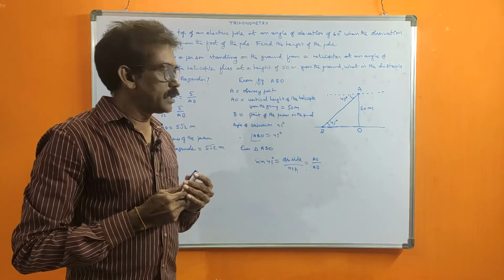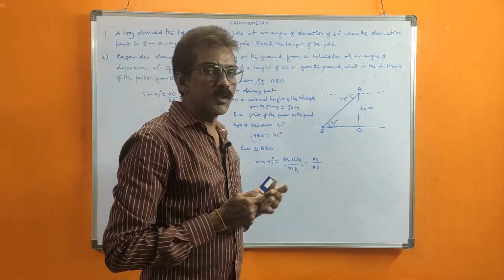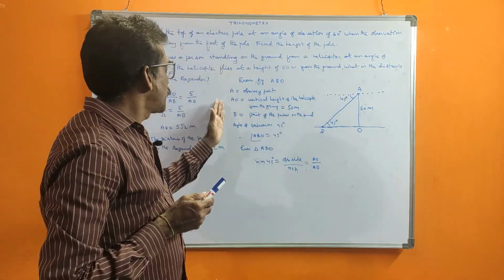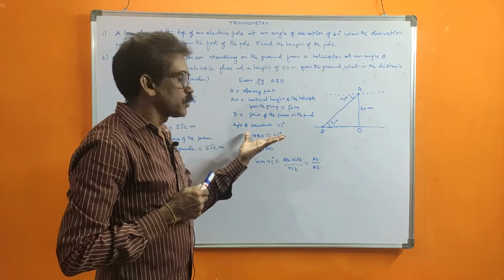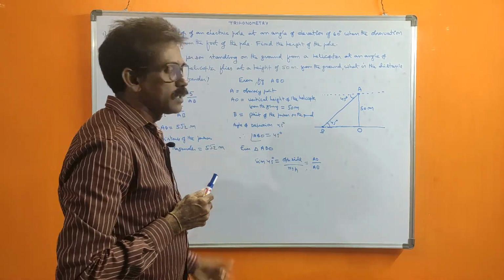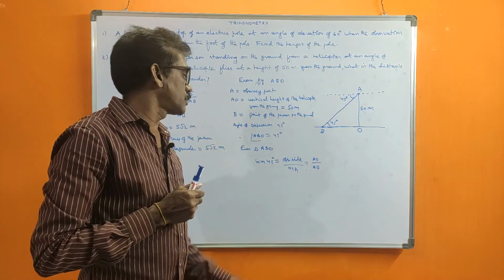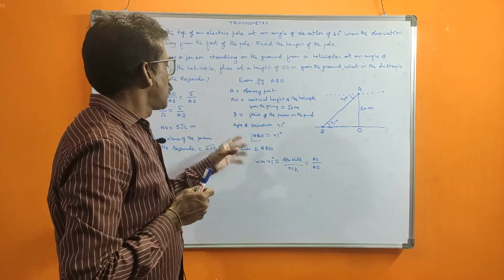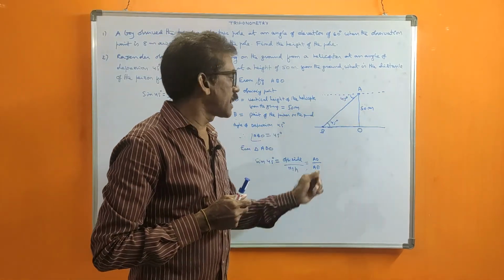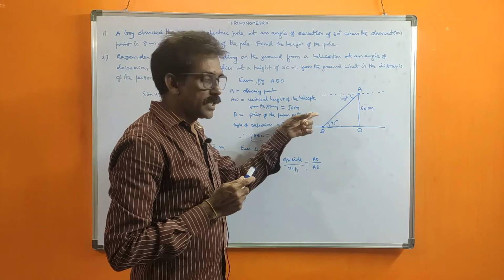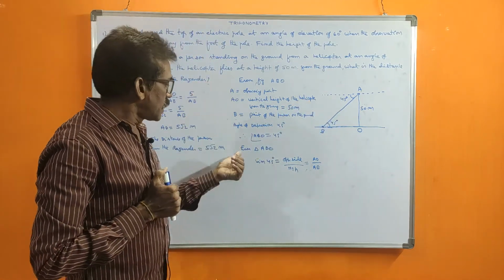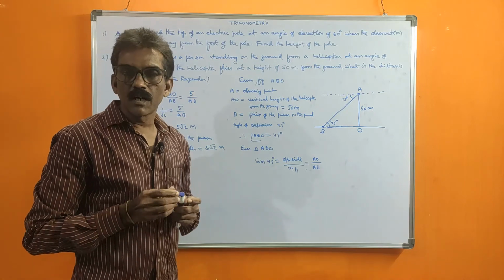First of all, in this, drawing the diagram is important. Then according to the drawing, you should write the data, the second point. If you did these two perfectly, the remaining is simply trigonometric ratio substitution. This is very easy, but for writing this you should have some knowledge. That means what is vertical height, what is observing point, what is angle of elevation, what is angle of depression, mention them correctly. Then according to that we will get correct results.